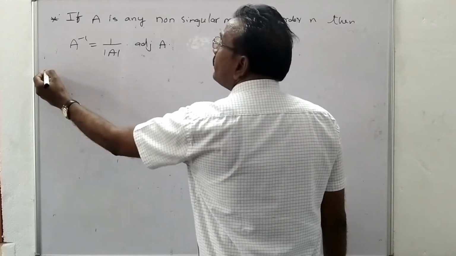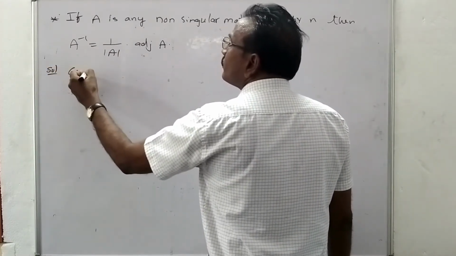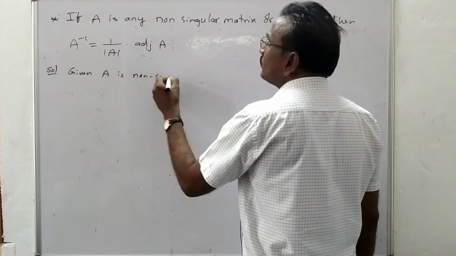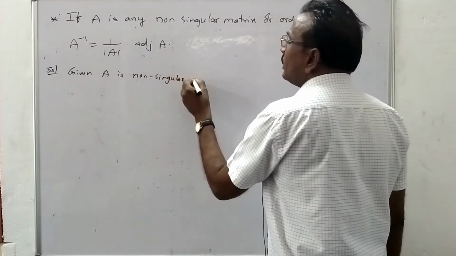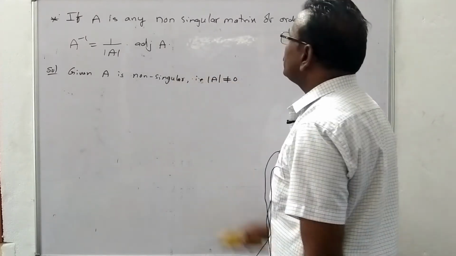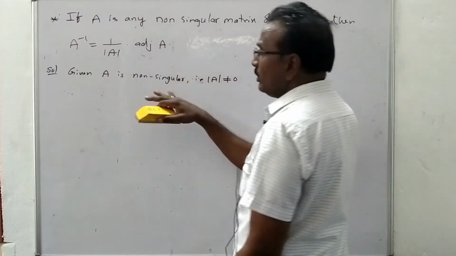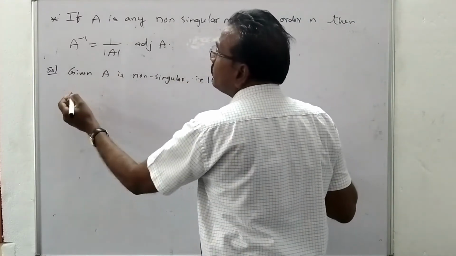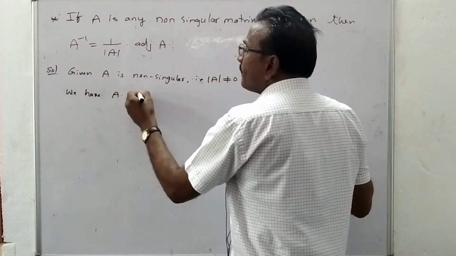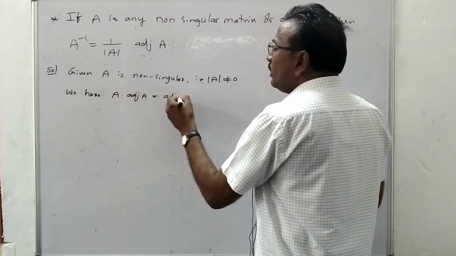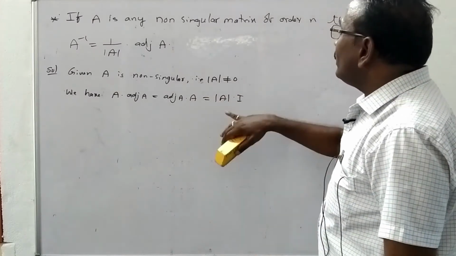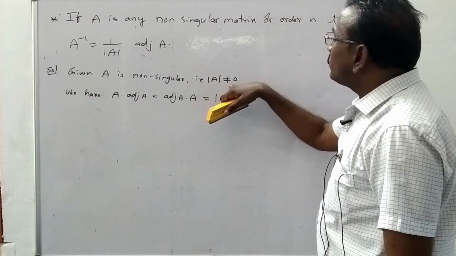If A is given as non-singular, that implies determinant of A is not equal to 0. Non-singular means determinant of A is not equal to 0. So here given determinant of matrix A is not equal to 0. We have already proved A into adjoint A is equal to adjoint of A into A is equal to determinant of A into I. Here, because determinant of A is not equal to 0, divide